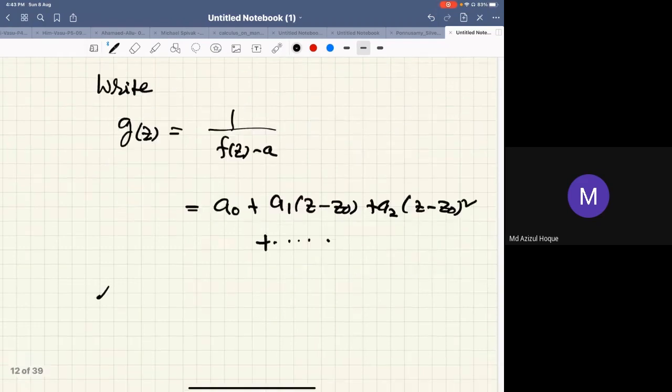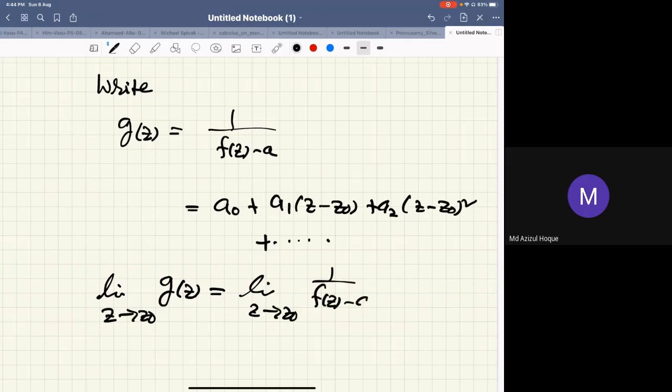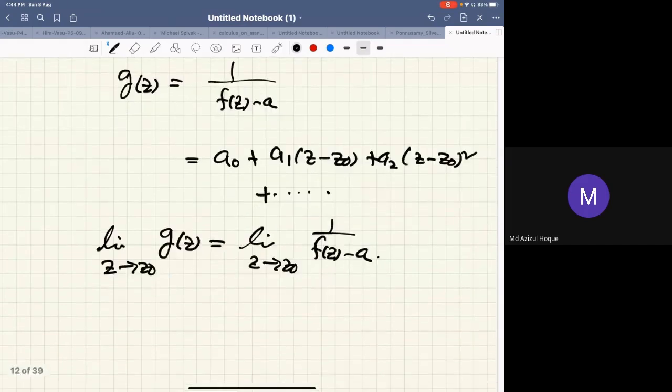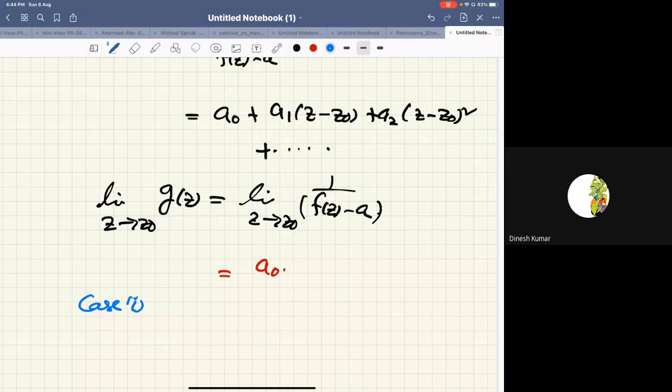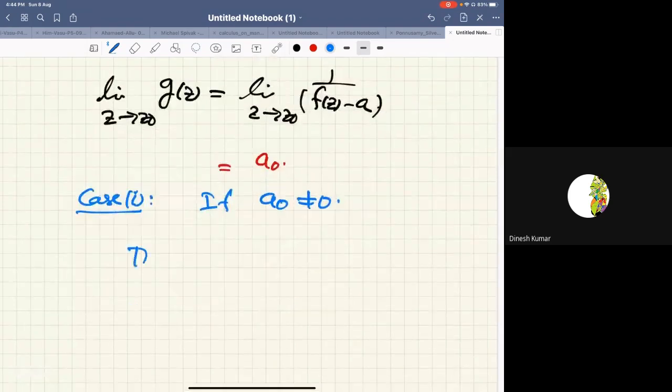So now let us note that limit z goes to z0 of g of z is the same as limit z goes to z0 of 1 by f of z minus a. So what is its value? Limit z goes to z0, 1 by f of z minus a, what is its value? a0, right? Very good. Okay. Now there are two cases. If a0 is not equal to 0, okay, we do not know whether a0 could be 0 or may not be 0 also. Okay, if a0 is not equal to 0, then